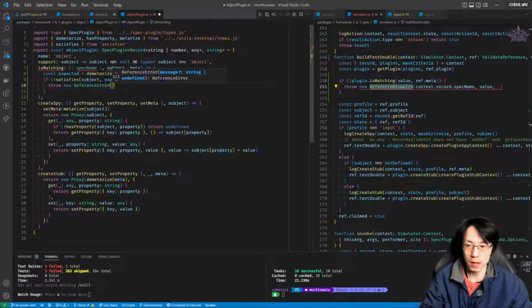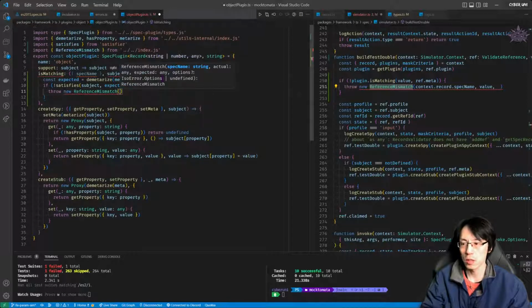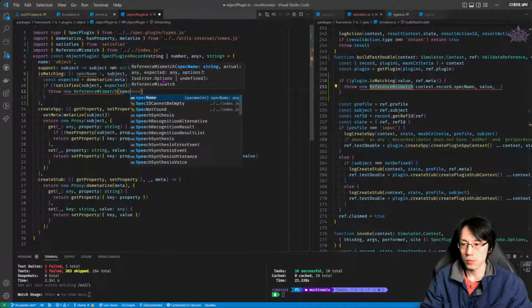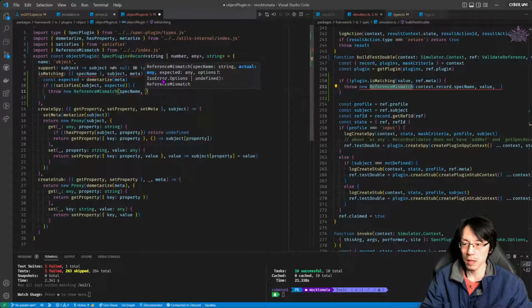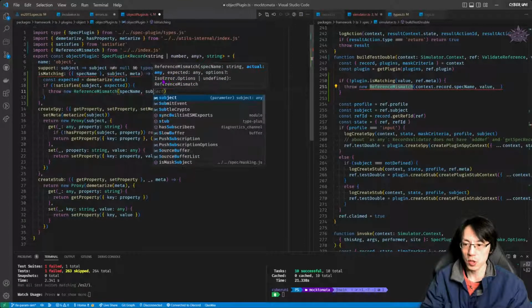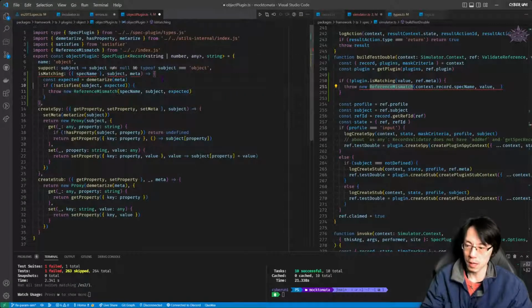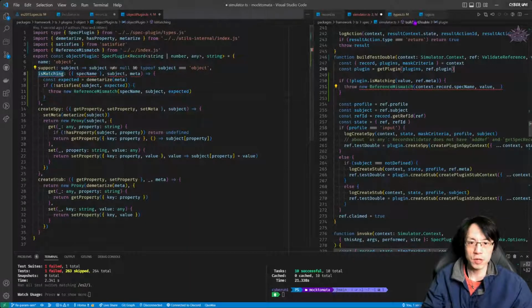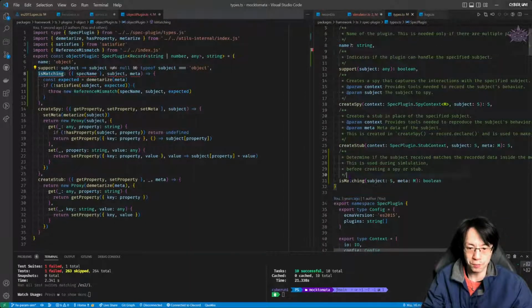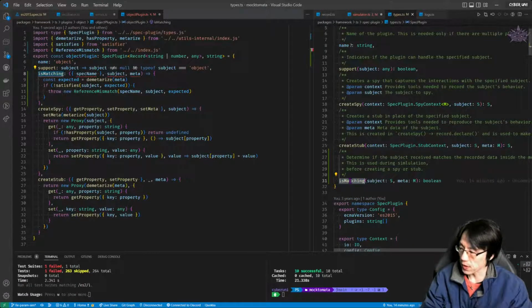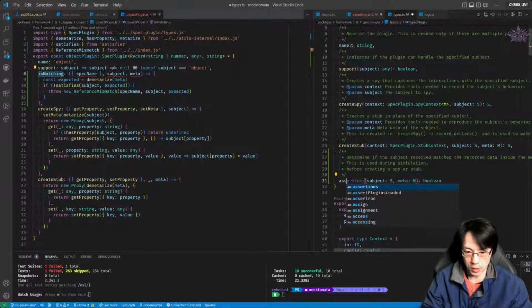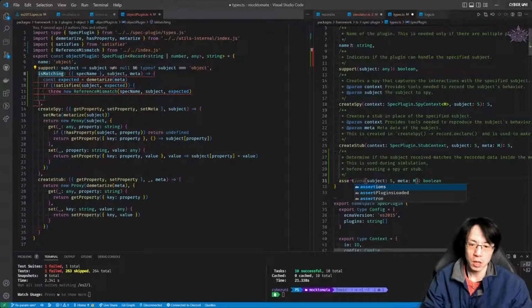throw reference mismatch, right? And then this will be the spec name, and then the subject, and then the expected over here, like that. And of course, in that case, the function name doesn't work anymore, right? So it should be something else, and will be something like assert